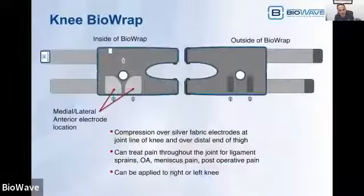On the knee BioWrap, we've designed in silver fabric electrodes that cover the entire medial and lateral aspect of the knee over the joint line. We also cover most of the anterior of the knee. One of the straps provides compression directly over the silver fabric electrodes. The second elastic strap provides compression over the distal end of the thigh to help hold the whole wrap in